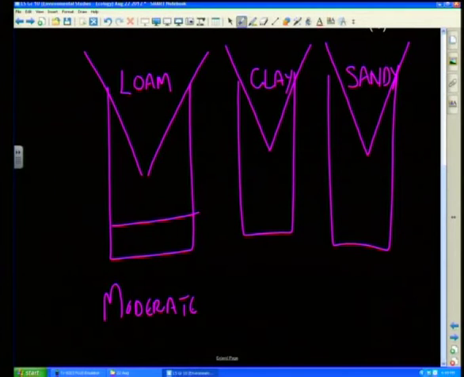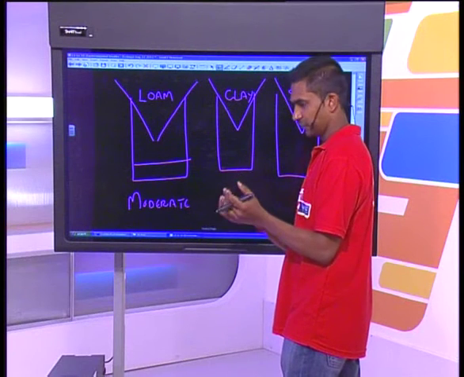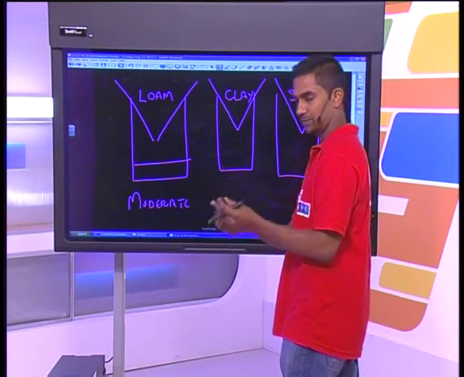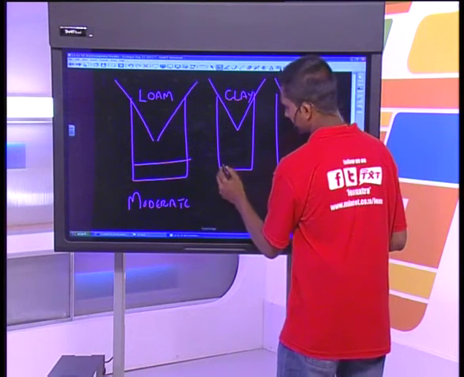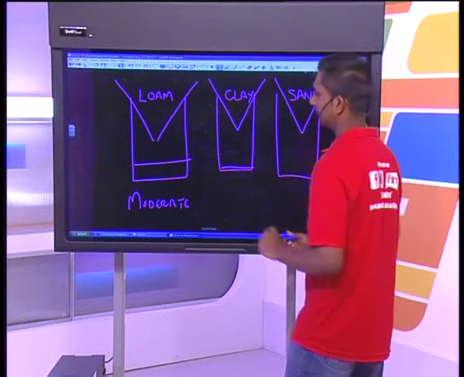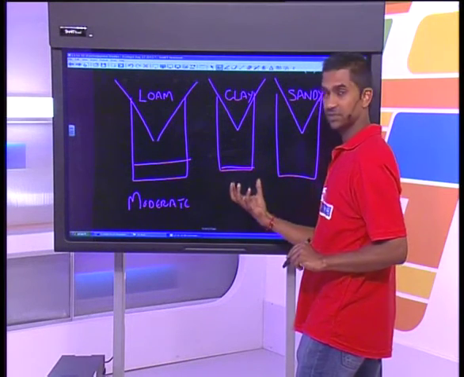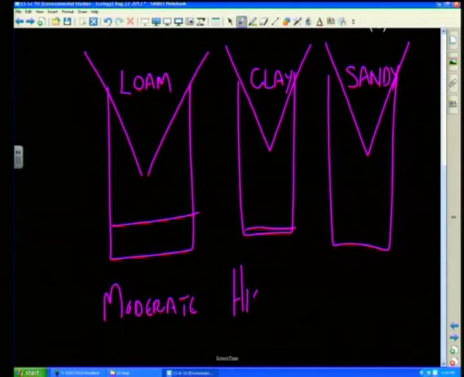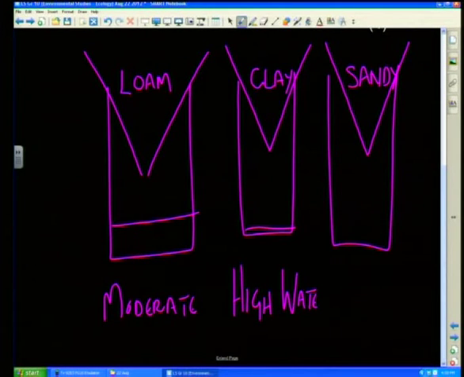If we looked at clay, it has extremely fine particles, and hence it would tend to cling together, stick together. And you know that Play-Doh, guys, if you were to wash your hands after playing with Play-Doh, it doesn't get off your hand because it sticks together. So we'd expect the water retaining capacity of clay to be very high, and hence it would have a high water retaining